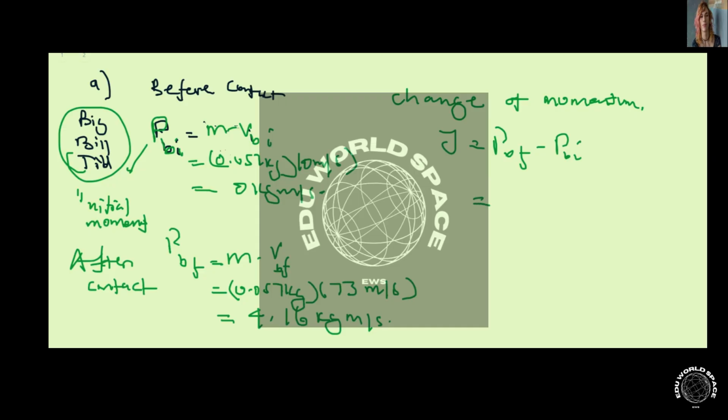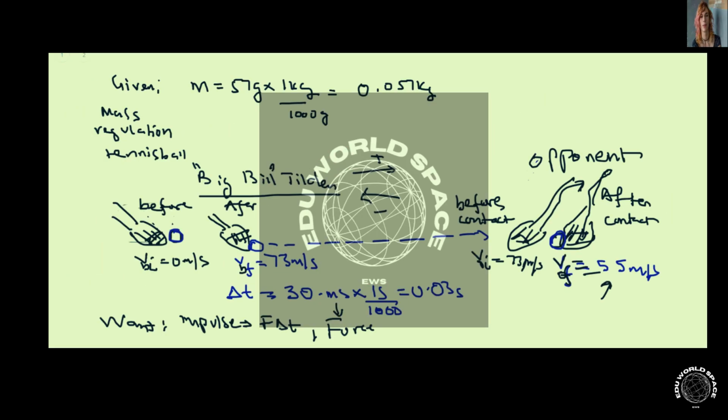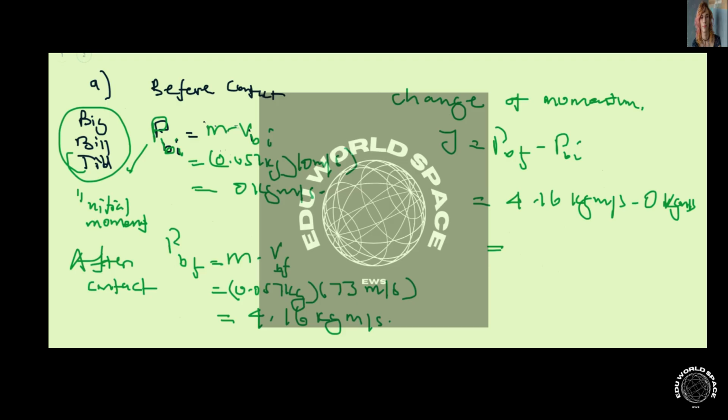And this is the final momentum, 4.16 kilogram meters per second, minus the initial momentum, 0 kilogram meters per second. And that gives us, if you can recall, when we go back, we wanted to find the force and the impulse. But in this case, we're going to see the connection between momentum